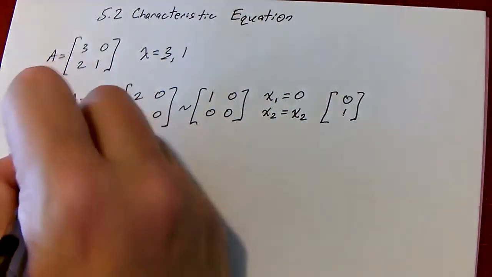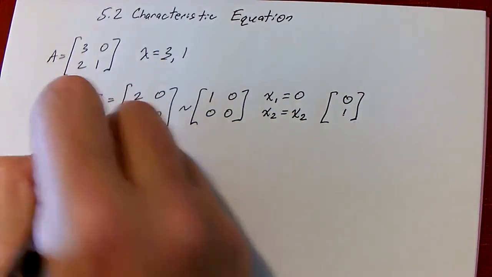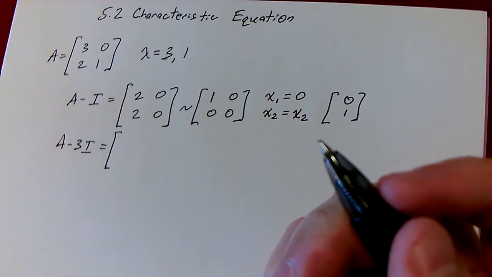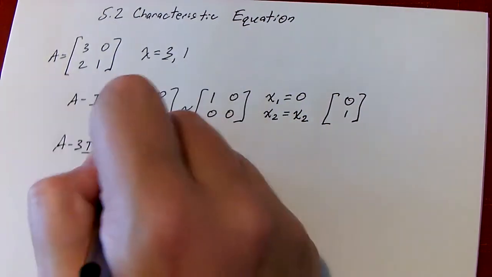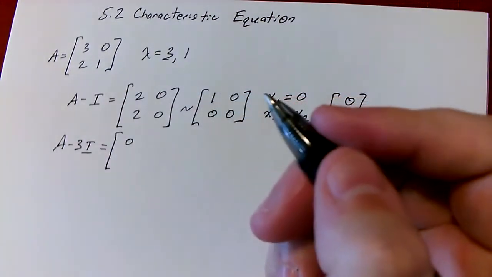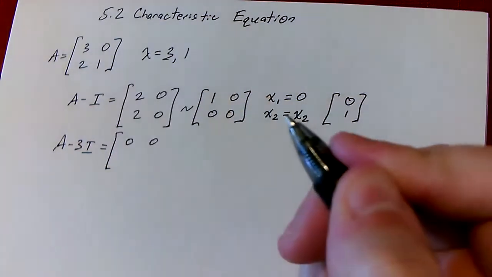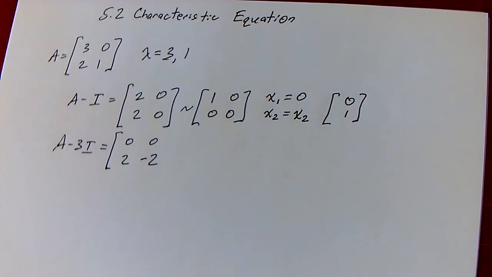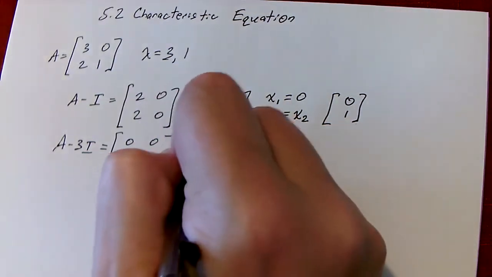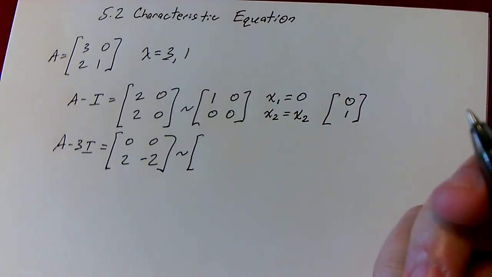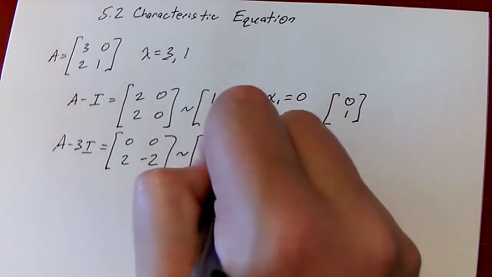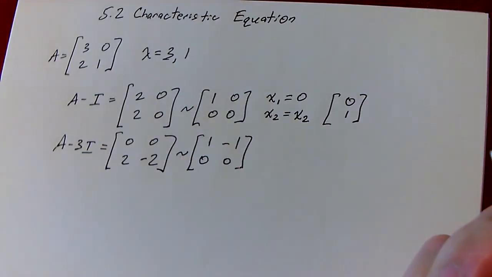Okay, and then I know the other eigenvalue is 3. So I'm going to do A minus 3I. That's going to give me 0. 3 minus 3 is 0. 0 stays the same. 2, and then 1 minus 3 is a negative 2. Right? I can scale that and interchange those rows. And so I'm going to get 1, negative 1, and then 0, 0 for the second row,